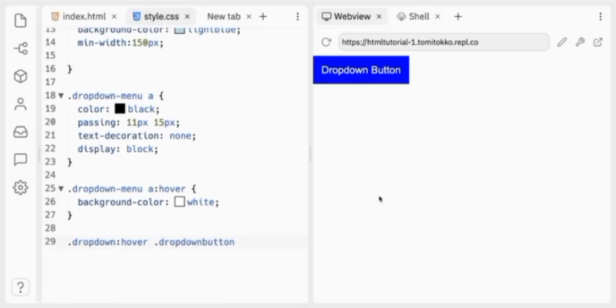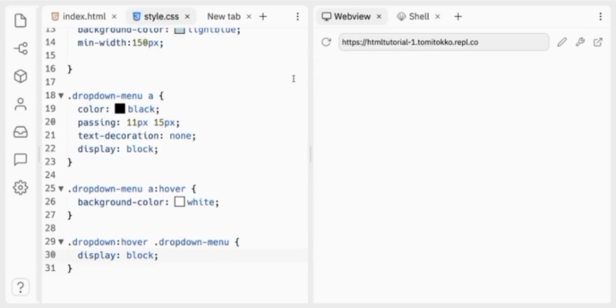Then I'll come here and say drop down button. That is drop down hover and drop down button. So the first thing I actually need to do is to say drop down hover, drop down menu, we want the display to be block. You get it? So that whenever we come there, the display is going to be in block form. So now, as you can see when we run it,